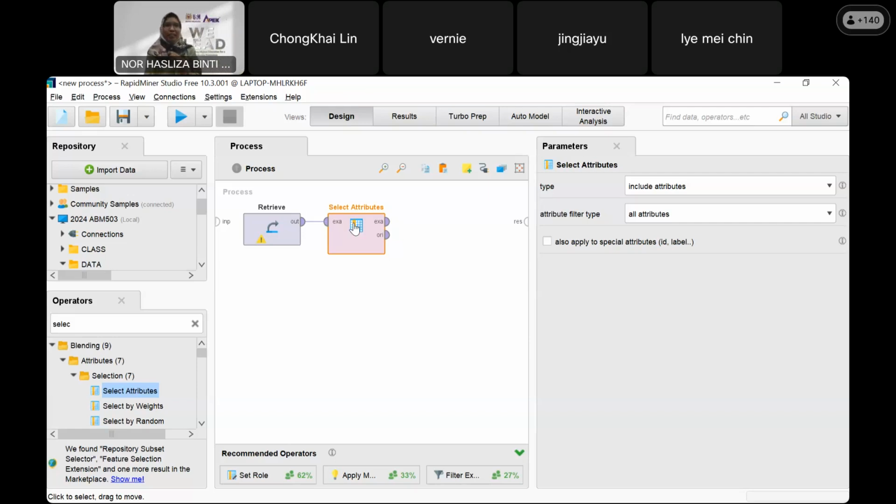Here, this is retrieve. Retrieve, we call the file KFC. Then we go to select attribute. You understand what is attribute just now? The column. From all the data set, we don't use all of the attributes. We just select the needed ones. You can select all, but the more you select, the heavier the process will be. So here you can select the attribute.